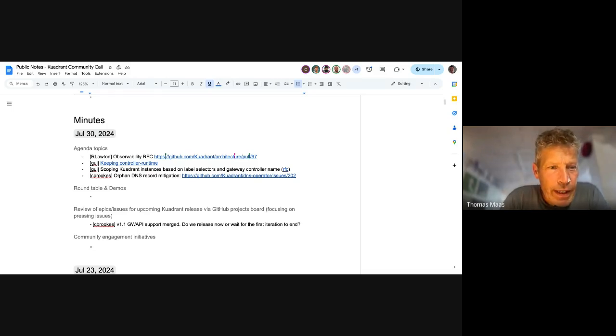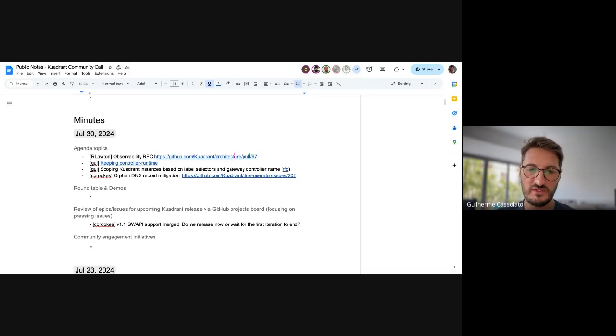Okay, let's keep moving. Guy, keeping control around time. Let's try to keep it within 10 minutes so everybody can have their turn. Yeah, this is only to touch on a point that we've been discussing, especially last week. We spent some time on conversations about how we want to enhance the current implementation of our Kuadrant operator controller and the whole reconciliation workflow, right? I've been putting some time on this, and I believe we finally have an execution plan for the next steps of the refactoring.